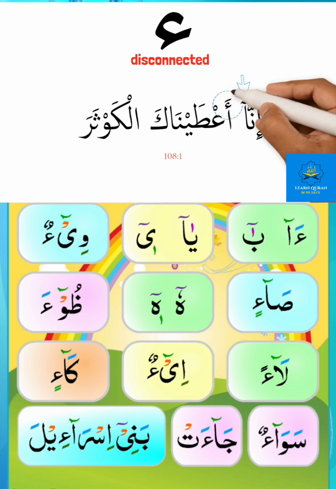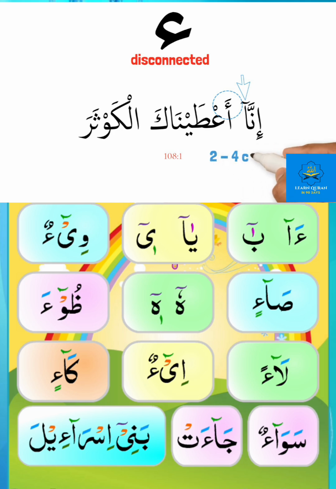The second scenario is when the Hamza is disconnected from the same word as the long vowel. In this example, we see a long vowel in one word, and directly after it, we see a Hamza in the next word. If you see it like this, then we lengthen the long vowel for 2 or 4 counts. But make sure this mad is always shorter than the connecting Hamza of mad. So this would read,